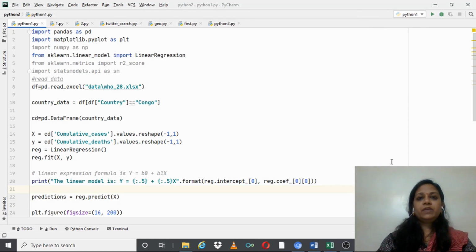Dear friends, today we are going to study linear regression with respect to COVID data analysis. The data is based upon the COVID patients and the pandemic which is going on. I've taken the data for the date 28th May 2020. Up till this date, all the data has been given as the input in the file